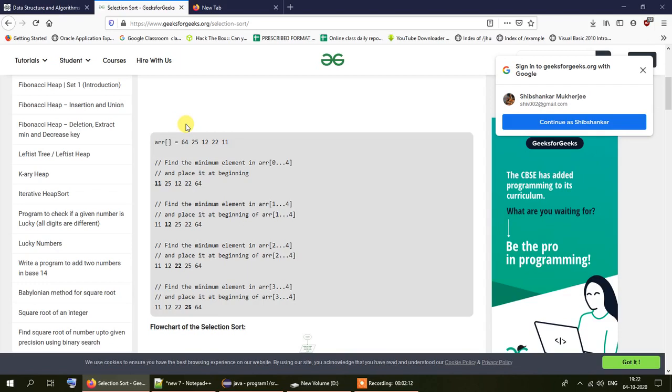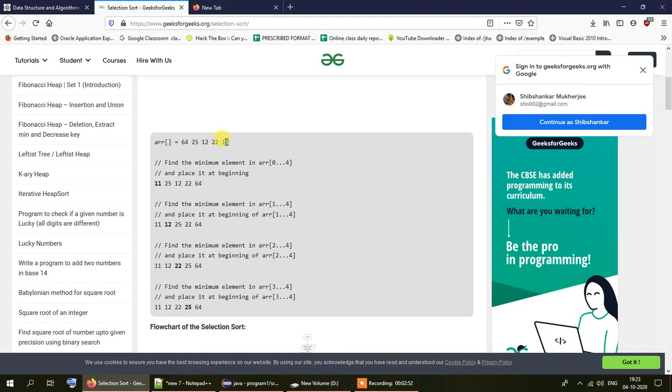That loop will be employed to scan the remaining elements of the array and to check whether there is any number which is even smaller than the currently selected number. As far as this array is concerned, you can see that there is the number 64. While we are starting out with our loop for the first time, we will take 64 and treat it as the minimum number, and then we will scan the remaining numbers in the array one by one, and we will select the number which is smallest out of all these.